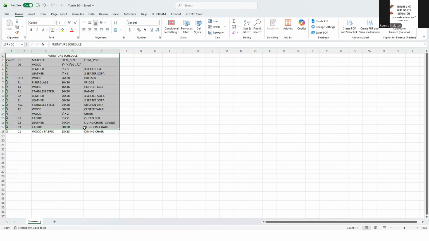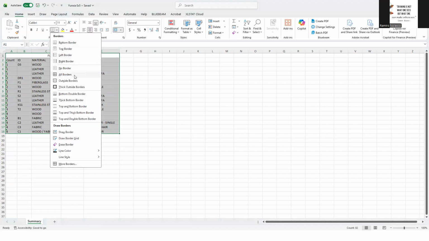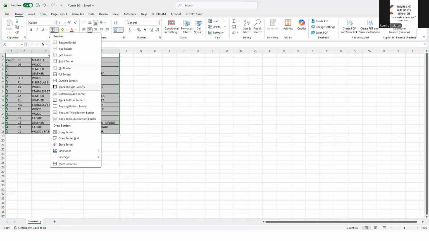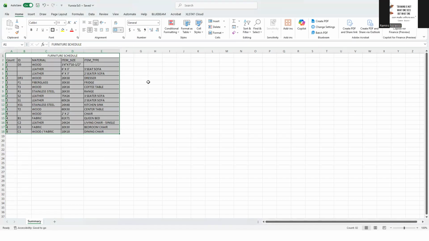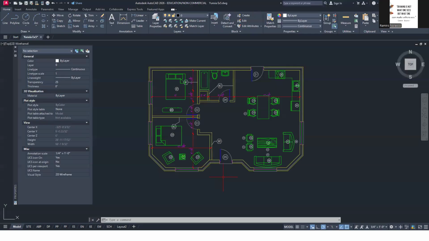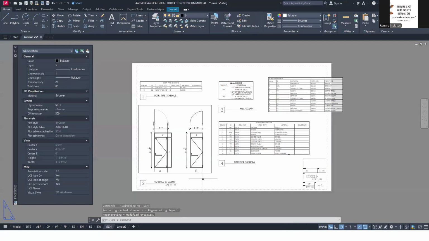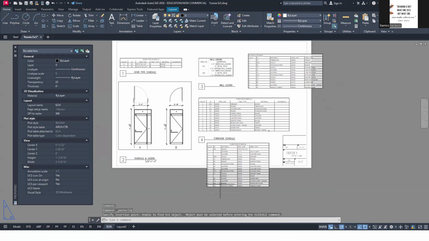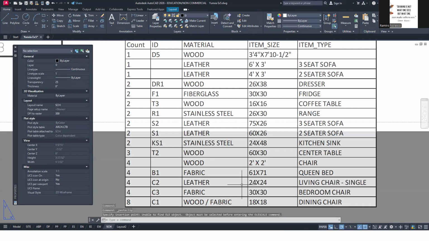And then you simply highlight and say all borders. And then you can also highlight and say thick outside border. Control C once highlighted, and then you can go to the schedule tab. So you can create a schedule tab, Control V, and paste it there.